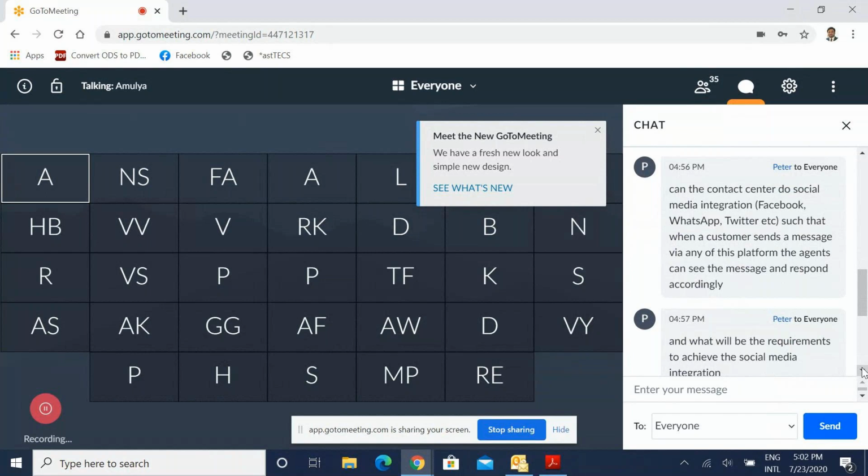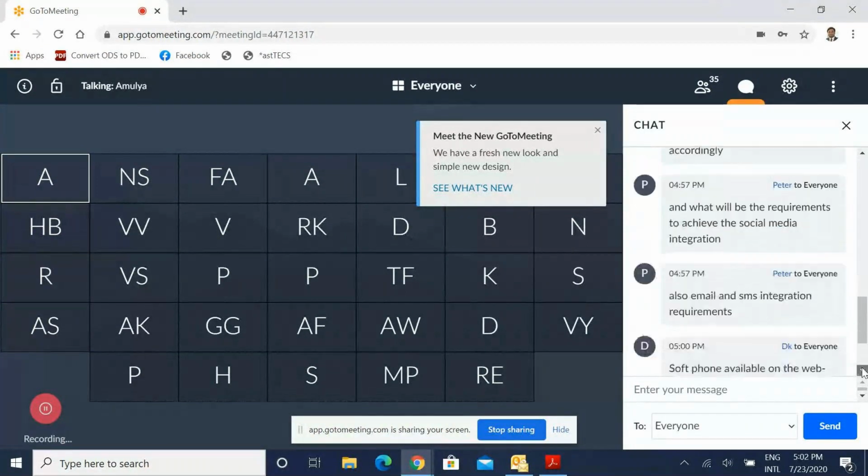Otherwise it is already there, sir. It is actually not the 2020 version. I think before April 2020, in our older version itself, we had included the social media integration. So my answer to you is yes, social media integration is possible. When customers send a message via any other platform, the agents can see the message and respond accordingly. The scope we can discuss on demand, but it is already there.